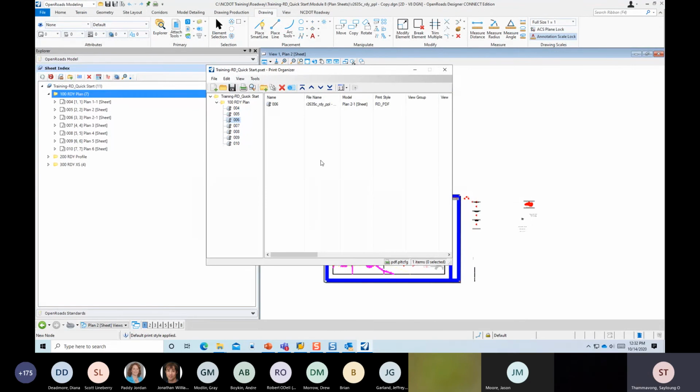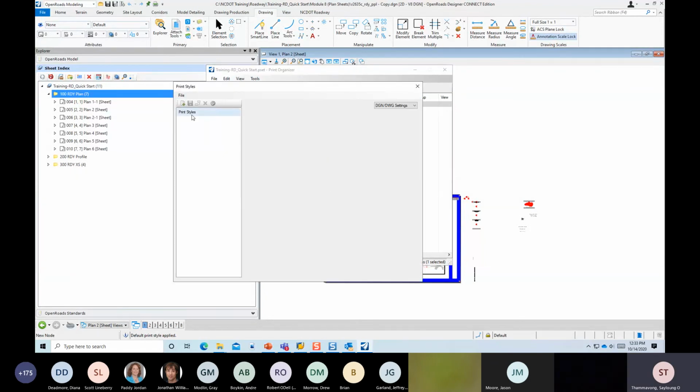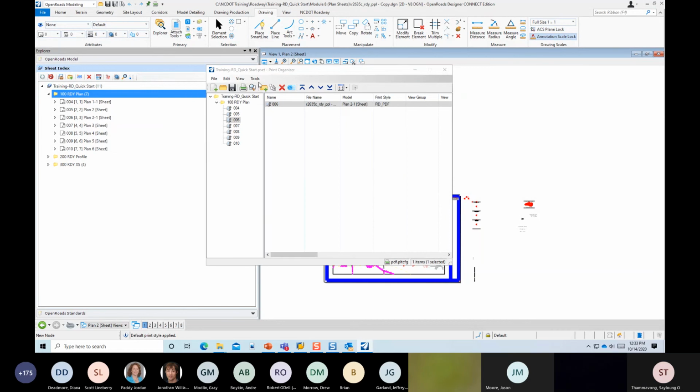for print organizer. Since print styles are set, let me look. We can look at the print styles. Well, we already applied that. I just want to show you that the print style has a connection to your. We develop a